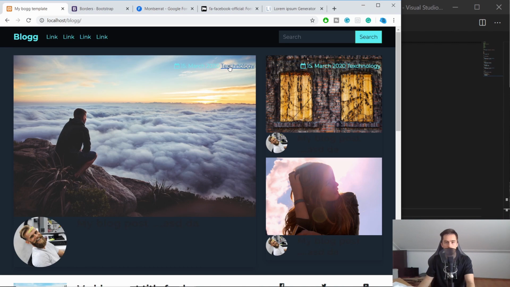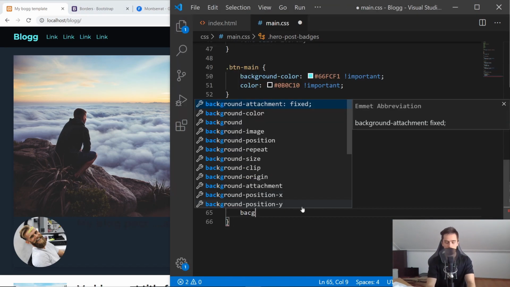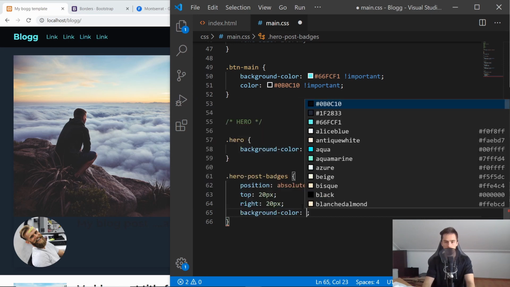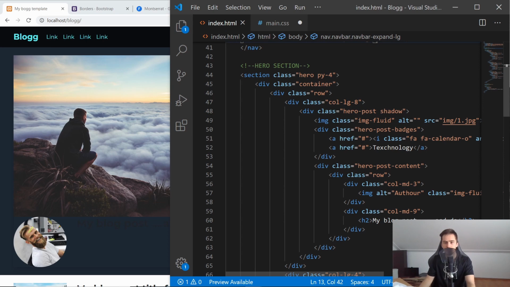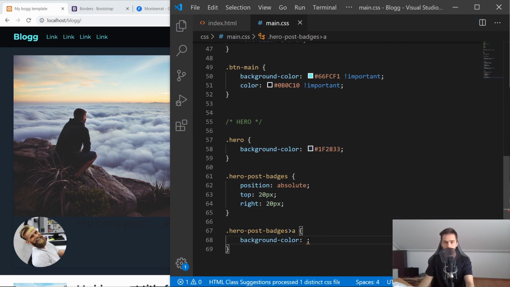All right, there we have these. We want them to have a background color of... or let me just go ahead and check the HTML. All right, so we have several links in here. So yeah, we don't want to style the badge like this. We want to style the hero post badges, and the link that's inside, and assign some background color to the link. So background color,